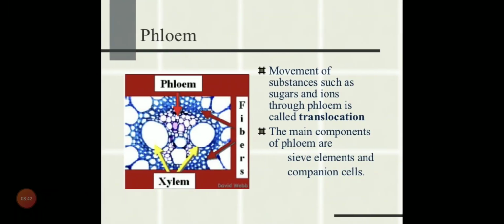This is the diagram of phloem and xylem, and you can see that the big cells which are present at the periphery, on the right and left hand side, are termed xylem, and the light pink colored cells are termed phloem, and the blue colored cells which are present around the xylem and phloem are known as fibers. We are not concerned with the fibers, just look at the position of xylem and phloem. They can be present around each other so that the functions of transportation of water and minerals and translocation of food material can be performed effectively.